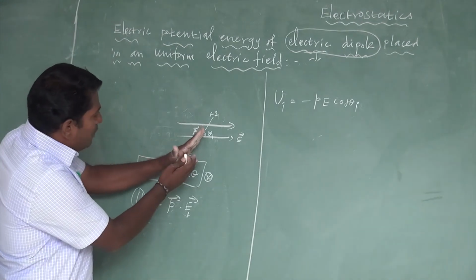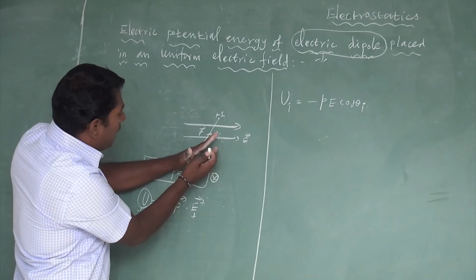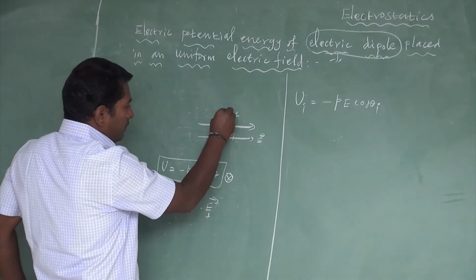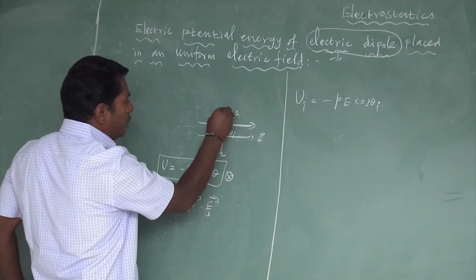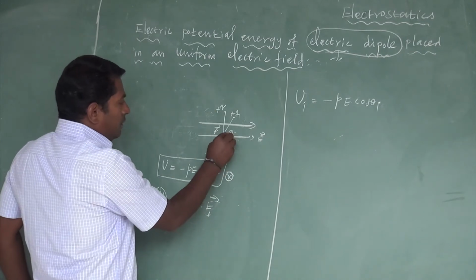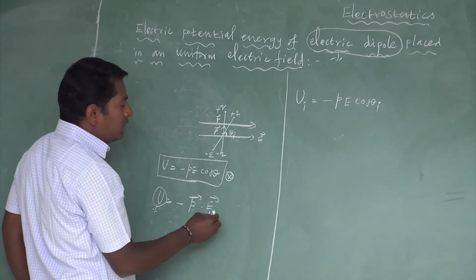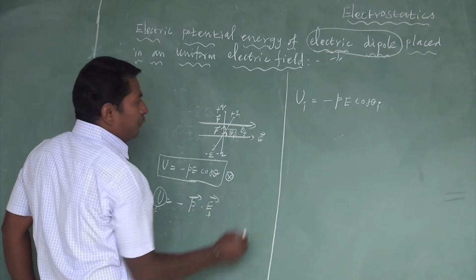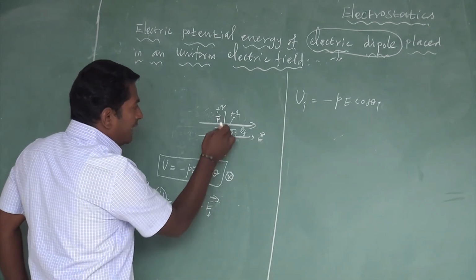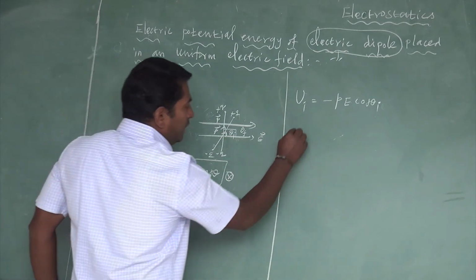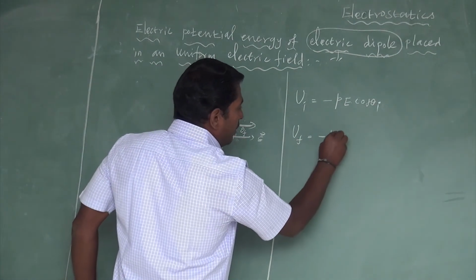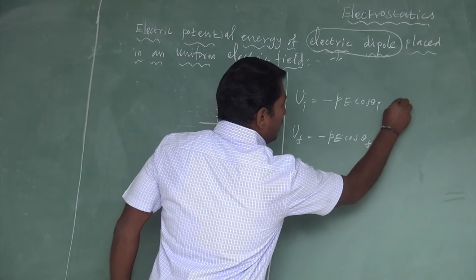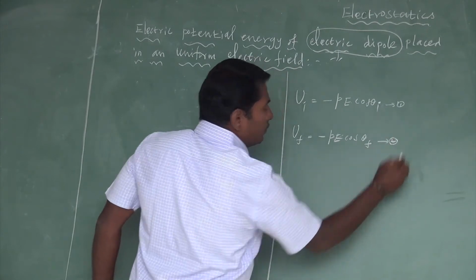Now, the electric dipole is rotated from the initial angle to another angle. See the final position of the electric dipole, minus q charge and plus q charge. The direction of the electric dipole moment acts from minus q charge to plus q charge. Now the final angle is theta f. In this position, the electrostatic potential energy of the electric dipole in a uniform electric field, UF, is equal to minus PE cos theta f. This is equation number 1. This is equation number 2.